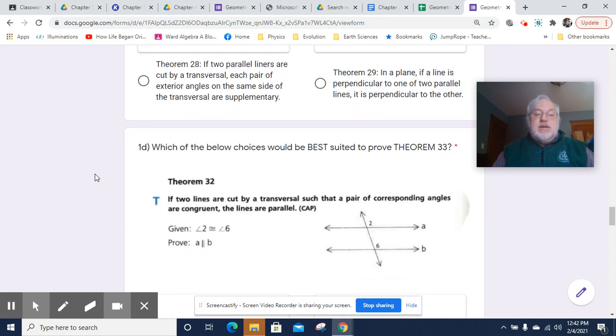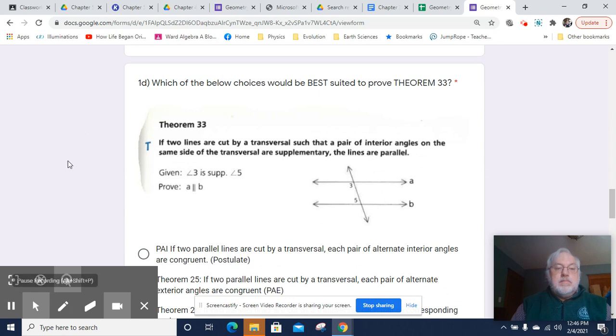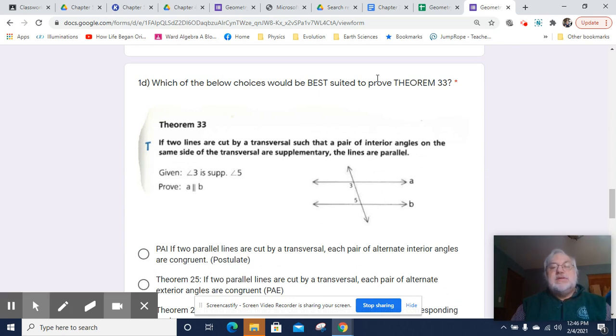And then the last one, looks like I have an error here. This is supposed to be Theorem 33. So I'm going to pause the video and fix it. So I fixed it, and here we go. Which of the below choices would be best suited to prove Theorem 33? If two lines are cut by a transversal such that the pair of interior angles on the same side,